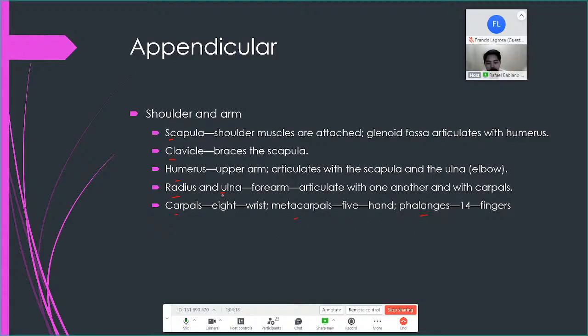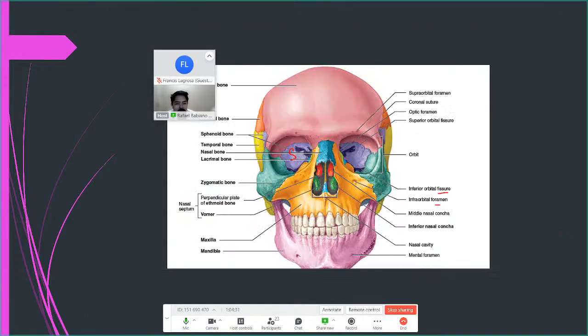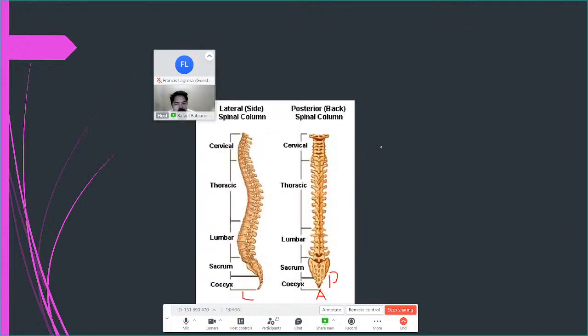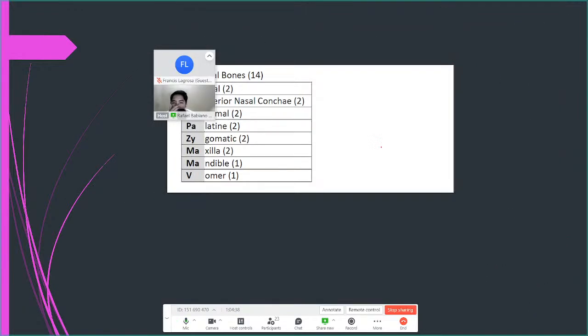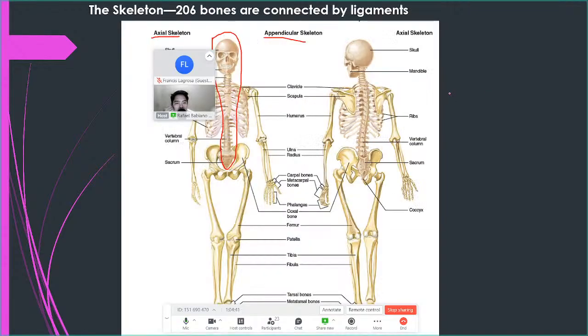We will talk about each one of them. Scapula. This is also called the shoulder blade. We don't really call it shoulder blade here, but many people do. That is the scapula. If you look here in the first picture, sorry, it's on top now. Here. That's your scapula. They're called shoulder blades. There are 2 of them.